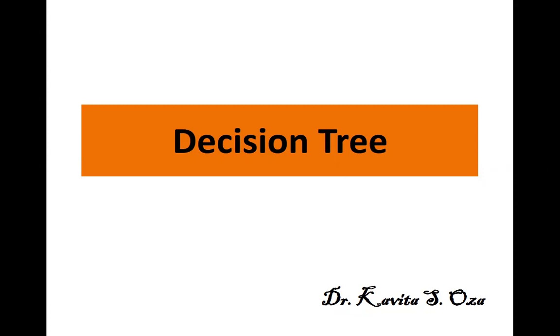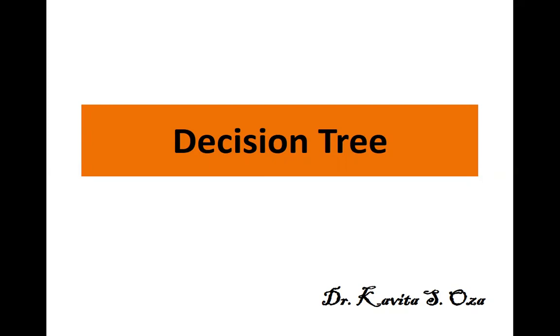In previous lectures we saw what is supervised machine learning, and k nearest neighbor as a supervised machine learning algorithm. We saw its implementation in Python. Today we are looking at another supervised machine learning classification algorithm, that is decision tree. Of course, decision trees are used for both classification and regression, but here we'll talk about decision tree as a classification algorithm. Right? So let's start with this.